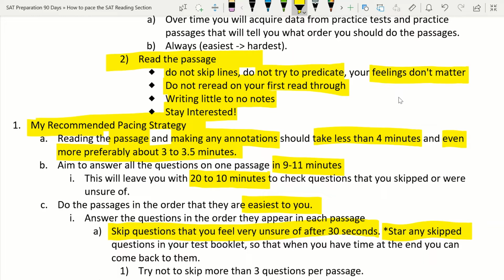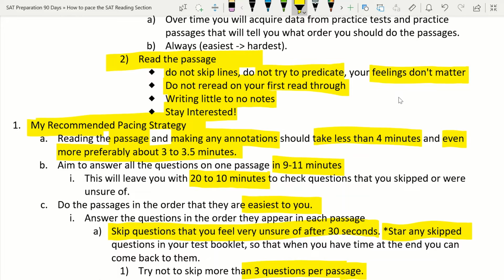Now keep in mind, you don't want to end up skipping more than 3 questions per passage, because if you're skipping more than 3 per passage, you're going to end up running out of time even at the end when you go back and try to find answers. There's no way you're going to be able to answer them all if you're taking 11 minutes and also skipping 3 per passage. Now, if you're taking 9 minutes per passage and skipping 3 questions, you'll be okay